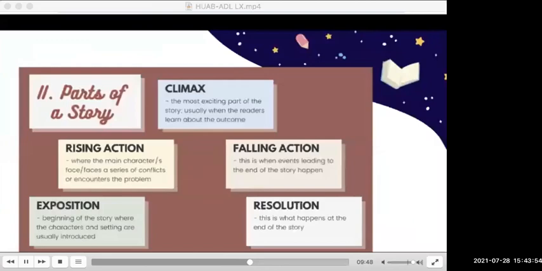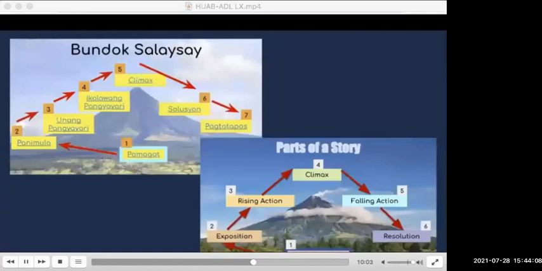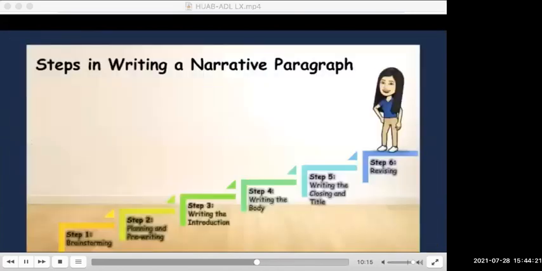The three main parts that make up their storybooks are the cover page, storybook pages, and the story elements. The storybook pages are made out of the parts of the story. This is where integration of different subjects come in. It was important to show them the flow of the story and relate it to their lesson in Filipino, which is the Bundok Salaysay, and show how it looks like in English. This lesson was discussed weeks prior to this task.